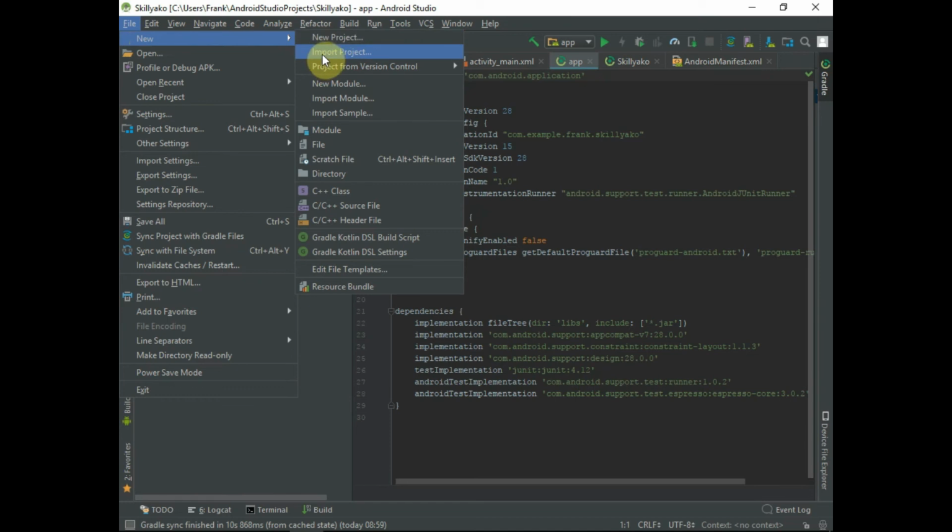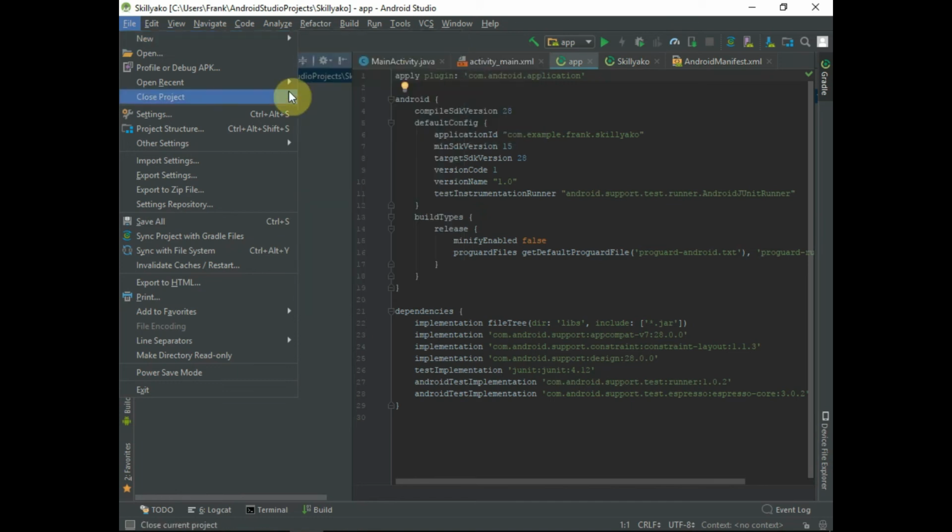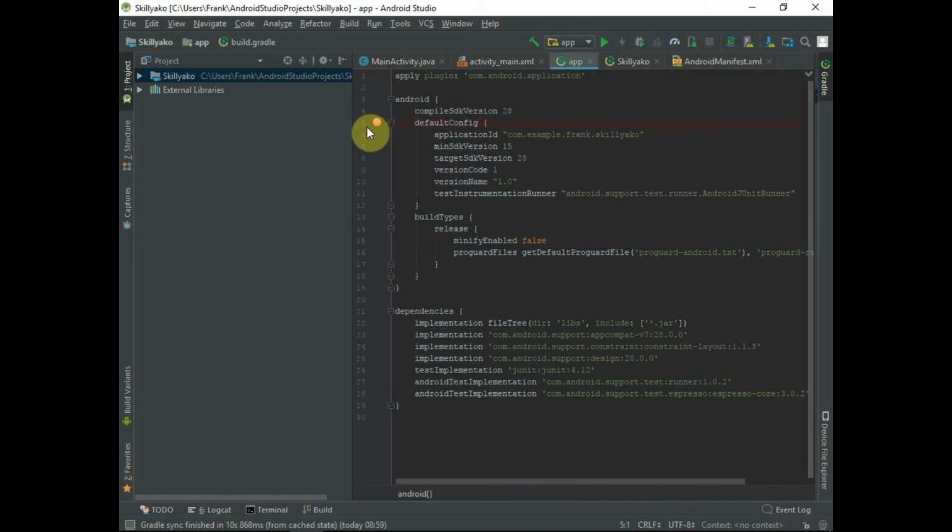I can import an already existing project into my Android Studio. And then there are very many other things that we shall be doing. We are going to learn this whole interface as we go, because as we say, this is a completely practical course. So keep around, and as we are doing, we shall learn what every menu, every button, or every